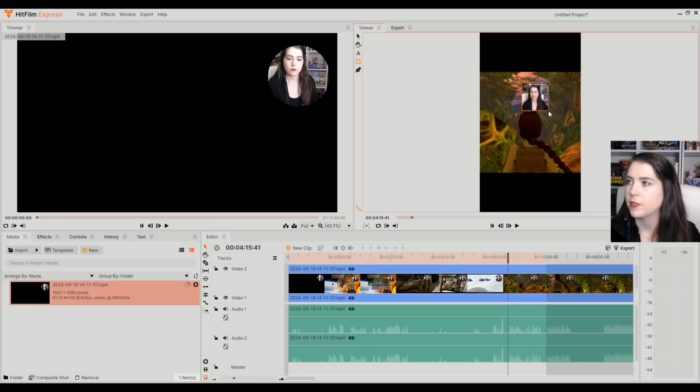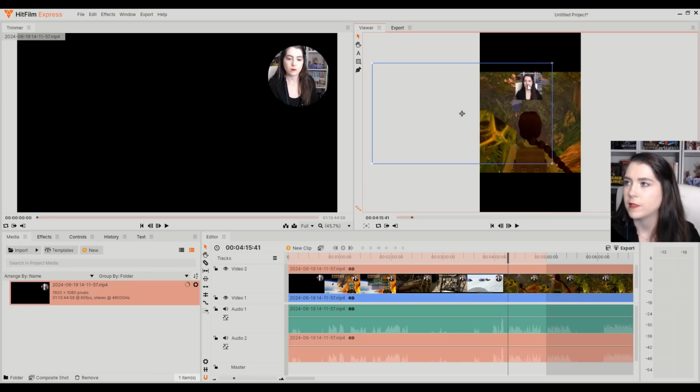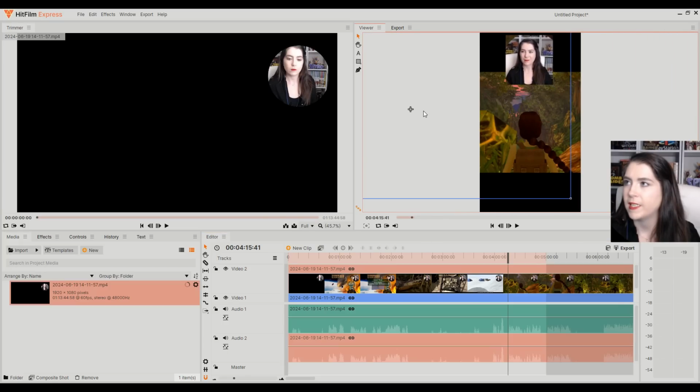I mean, I'm not too picky about these, but it's nice for them to be decent. Okay, so now we can move this around. And what I'm going to do now is transform fit to height and move my little square